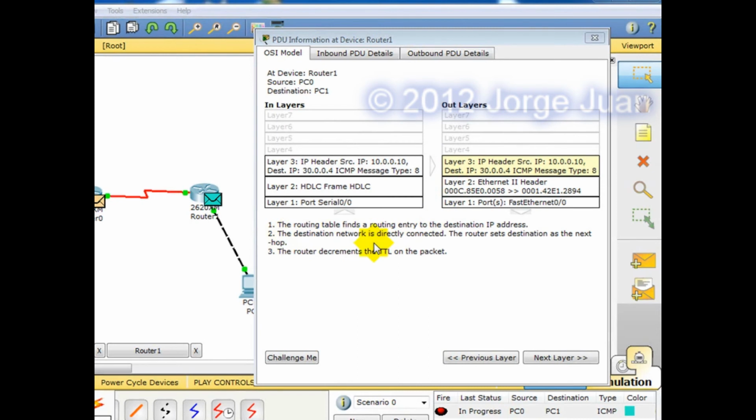The router sets the destination as the next hop. The router decrements the TTL one more time on the packet. The next hop IP address is a unicast. The ARP process looks it up in the ARP table. The next hop's IP address is in the ARP table. The ARP process sets the frame destination MAC address to the one found in the table. The device encapsulates the PDU into the Ethernet frame. Fast Ethernet 0/0 sends out the frame,